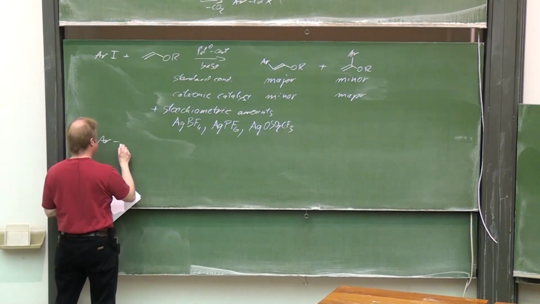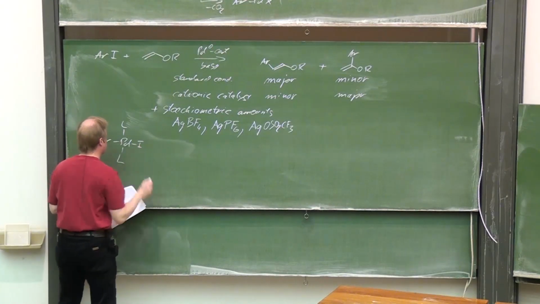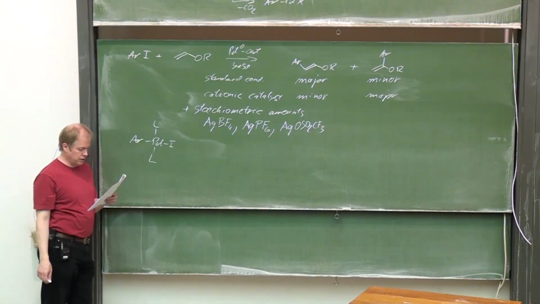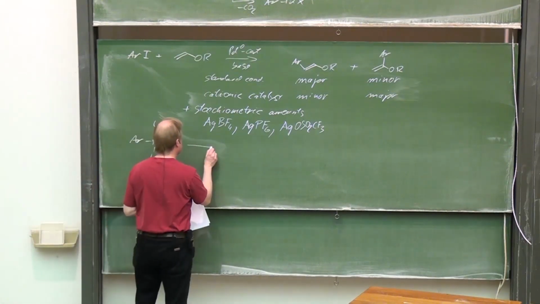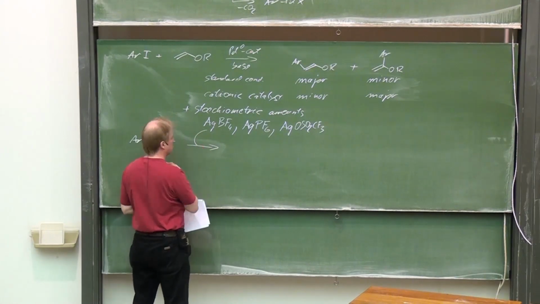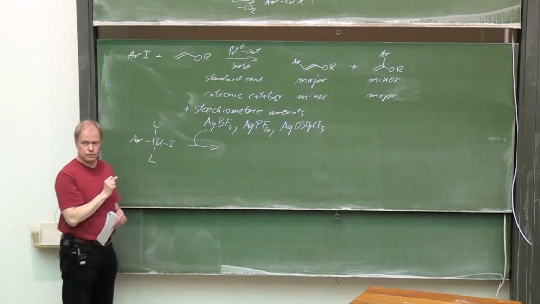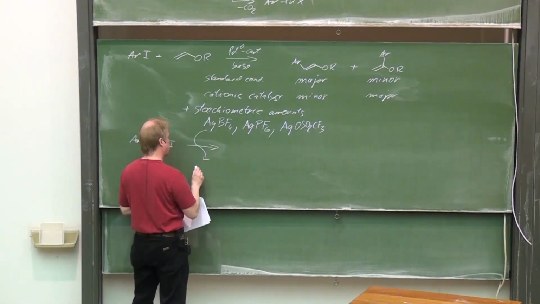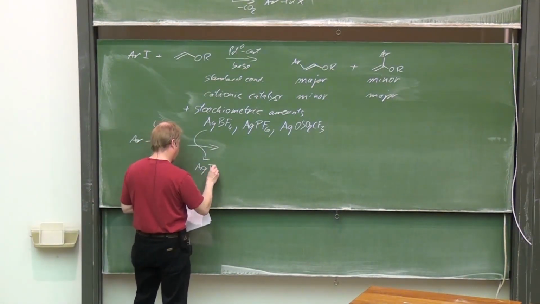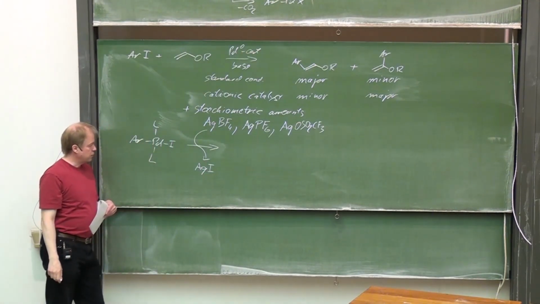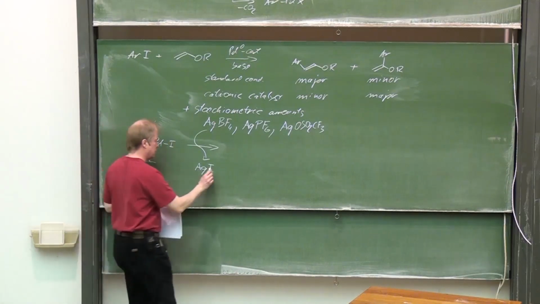That means we will have this palladium 2 intermediate. Treating it with, for instance, silver tetrafluoroborate will lead to the formation of silver iodide,